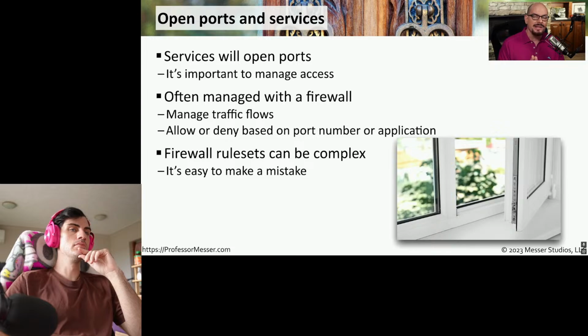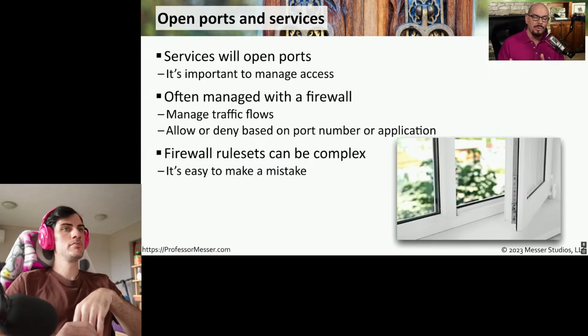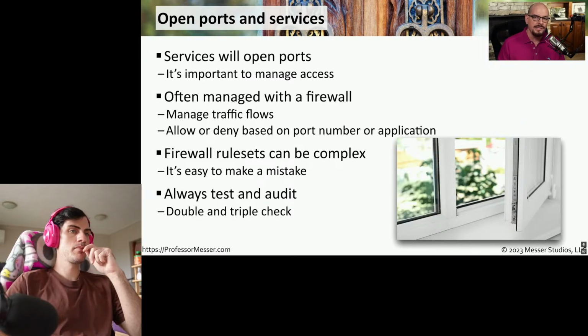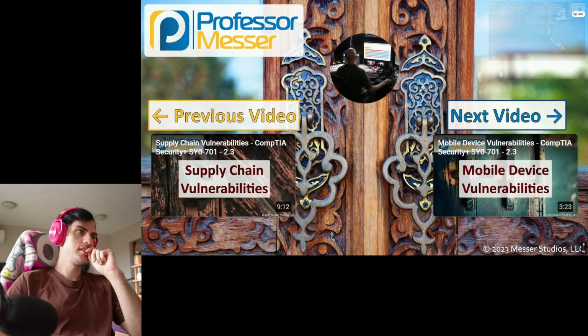Unfortunately, this also adds a level of complexity that might cause a security issue. These firewall rule sets tend to be relatively large, and it's very easy to accidentally provide access to a specific IP address or port number. This means that the firewall administrator may have enabled access to a device that normally should not be accessible, and of course, if it's open, the attackers are bound to find it. This is why we should always schedule periodic audits to make sure that our firewall rule base is in good shape and we're limiting the number of open ports available on our network.